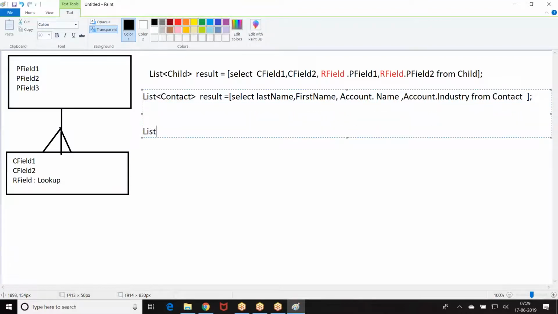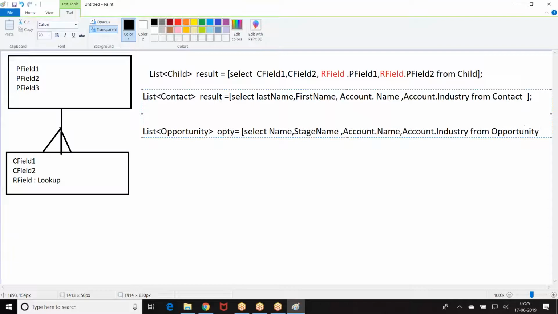Okay, opportunity and account. List of opportunity equal to select name, stage name, account dot name, from.